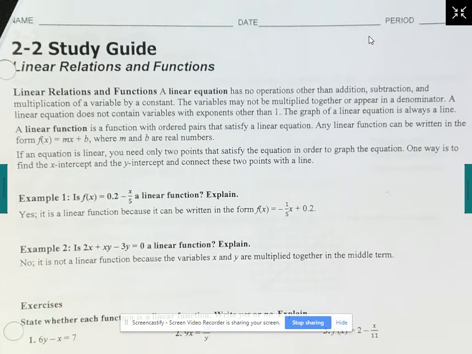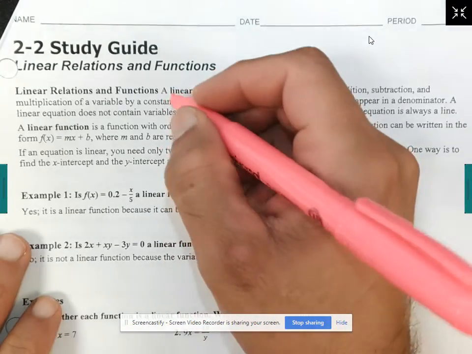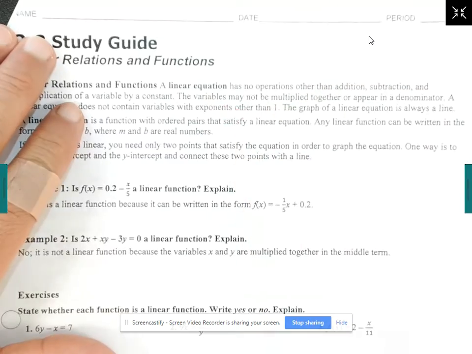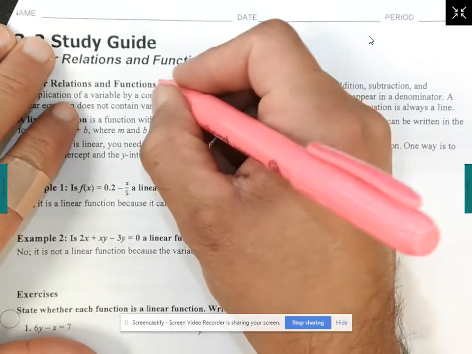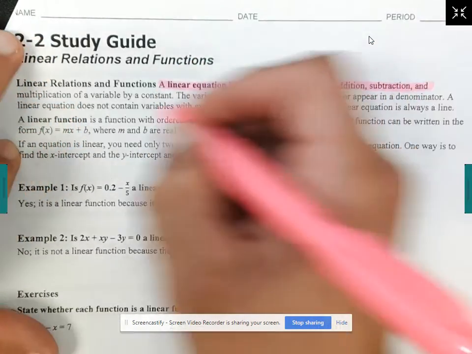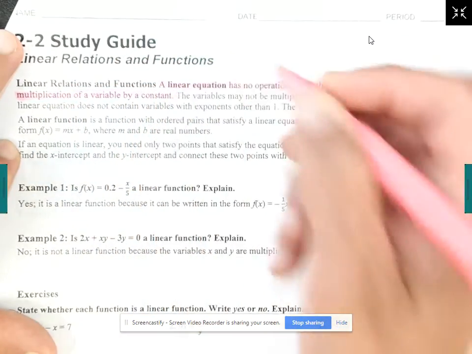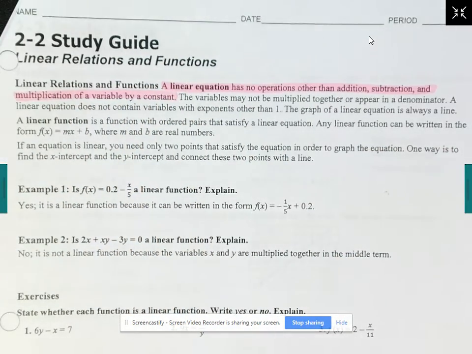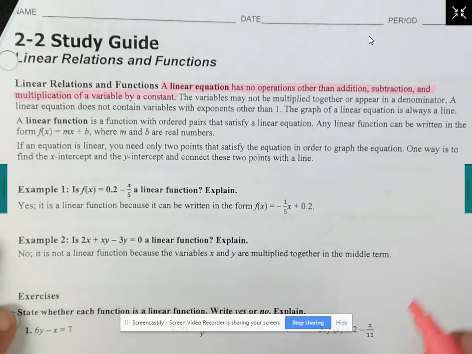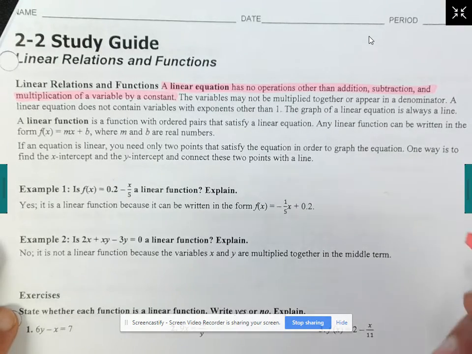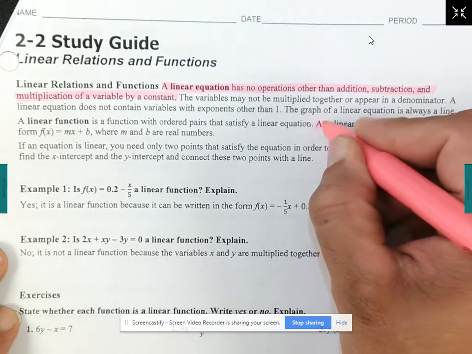All right, so a linear equation has no operations such as addition, subtraction, multiplication of a variable or a constant. So I know it doesn't mean a whole lot to you, but I'm still going to highlight it. I know you don't have this in your notes, so if you would rather write it somewhere else, you can. But the other thing that would really help you out, which seems it is common sense in a way, is that a linear function can be written or can be drawn as a line,